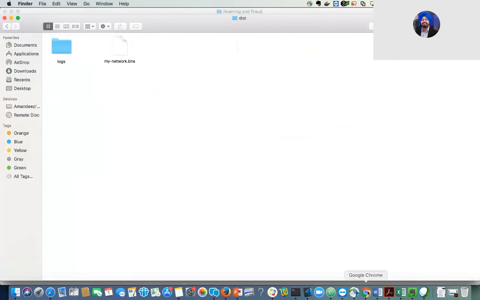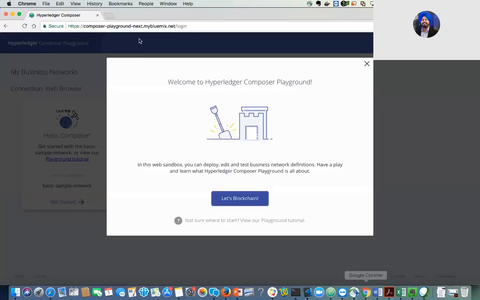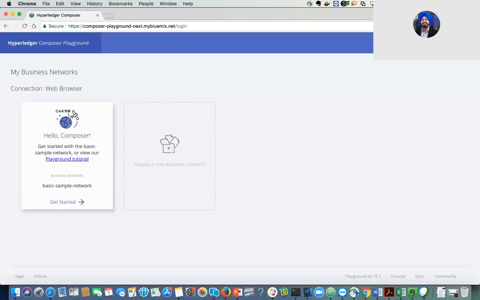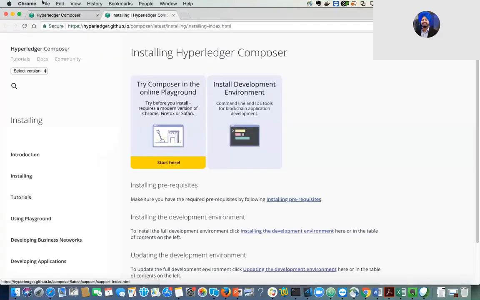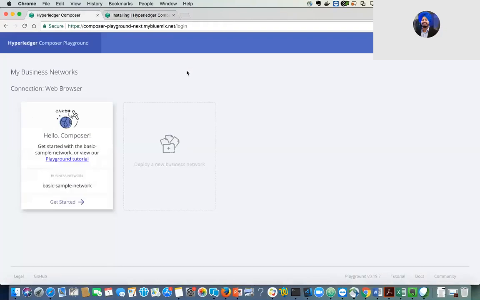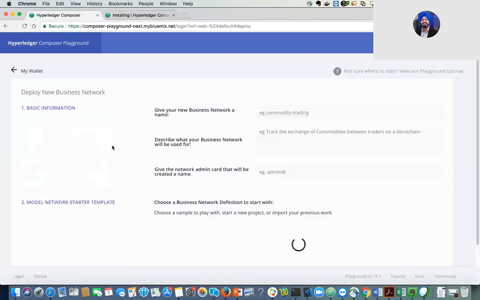Now what we're going to do is go to the Composer Playground online application. There's also a local version that you can set up using this link and going through the tutorial. But for the ease of this video, I'm just going to use the online version of the playground. To start with, I'm going to use this plus sign here to start deployment of a new business network. So I'm going to click on here,